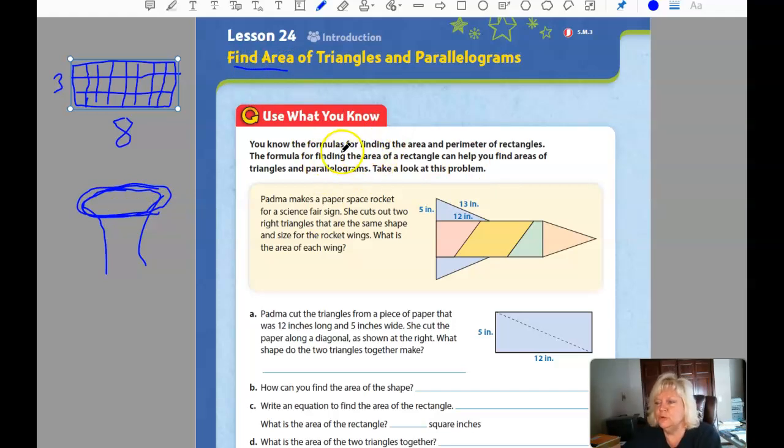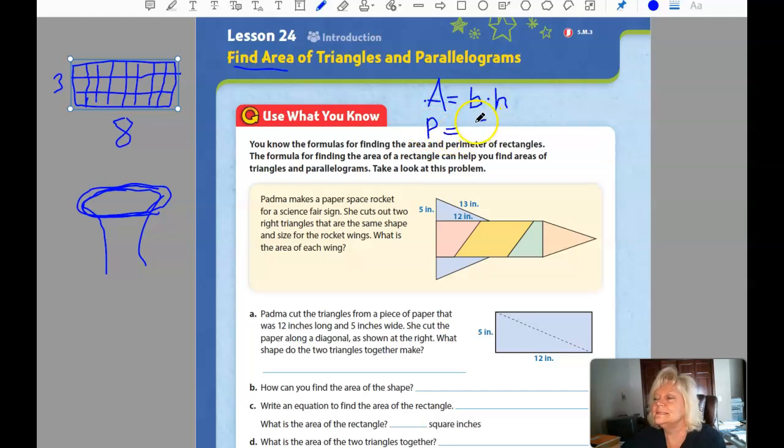It says, you know the formulas for finding the area and the perimeter of rectangles. Well, let's go over that just to make sure. Area, and it's going to be just an A, equals base times height. Remember that I am trying to write with a mouse. It doesn't always work as well. So area equals base times height, and perimeter